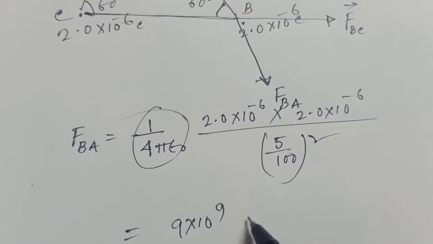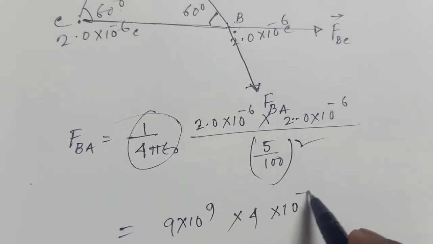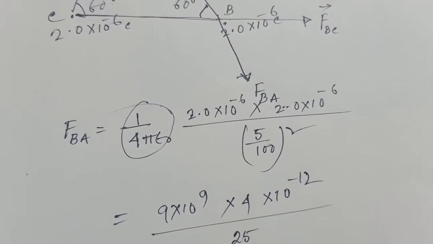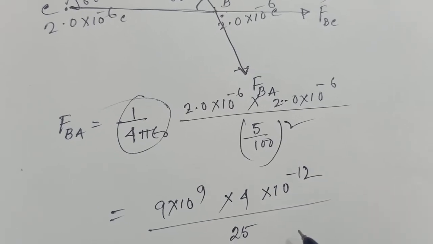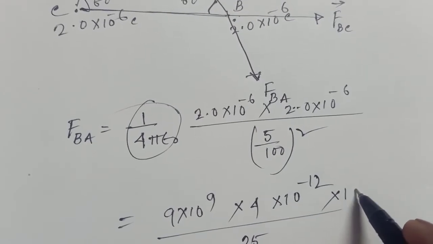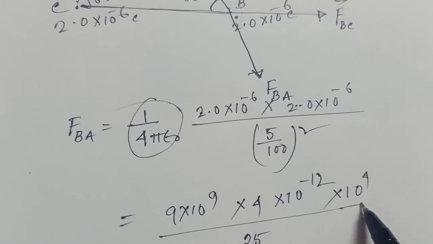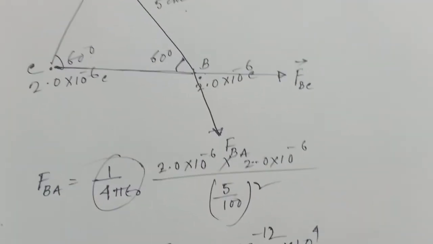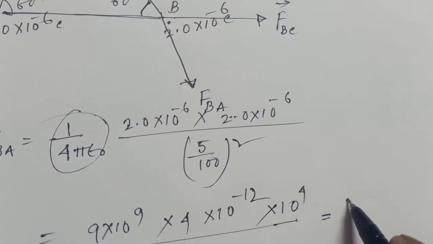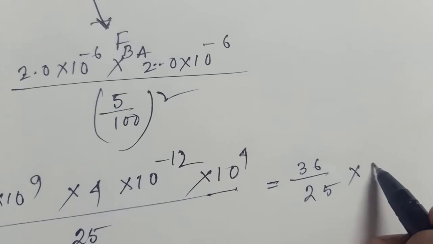So 9 into 10 to the power 9 into 4 into 10 to the power minus 12, divided by 25 by 100 square; in order of magnitude, 100 into 100 means 10 to the power 4. This is the amount of force,